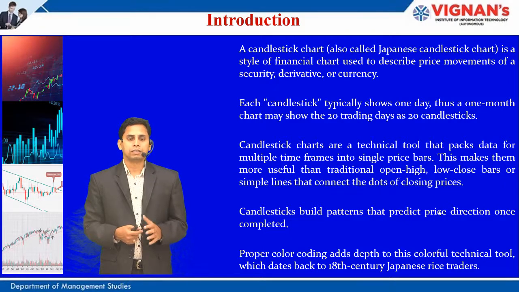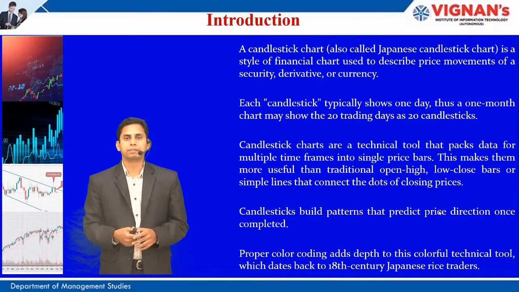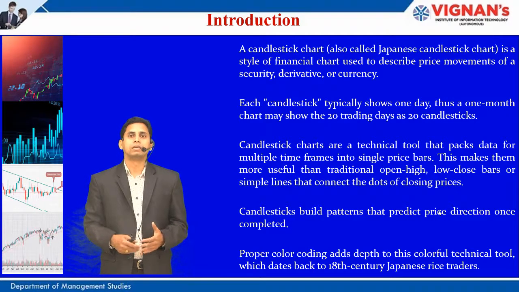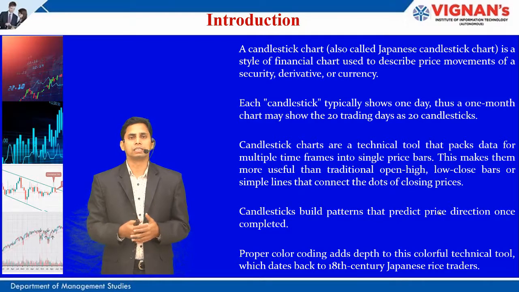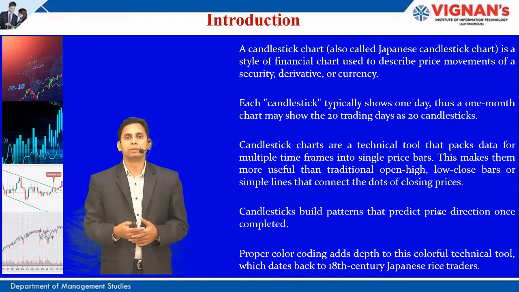So even today, candlestick charts are used by traders in most of their trading systems. Another important fact about this candlestick pattern is that candlesticks are formed with colors. The price drop is indicated in red color, and the price rise is indicated in green color, or as such. So the red color, green color, or a doji kind of pattern will give you valuable information about the price momentum.